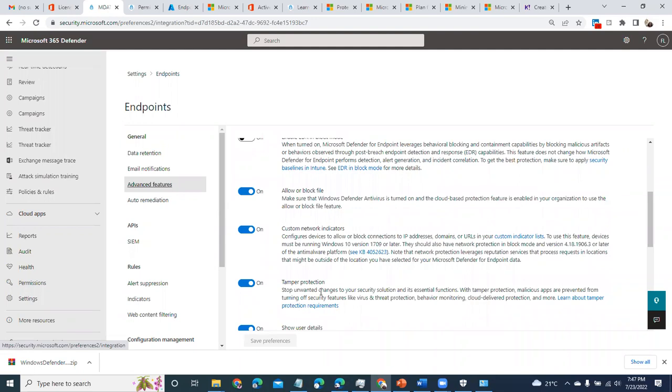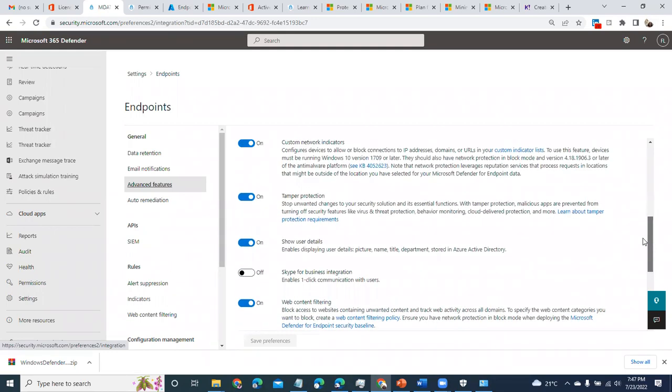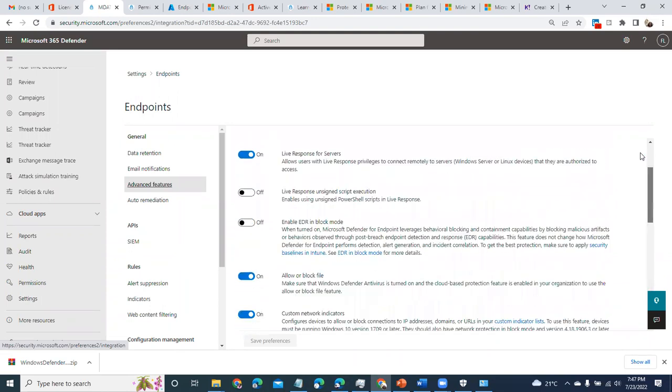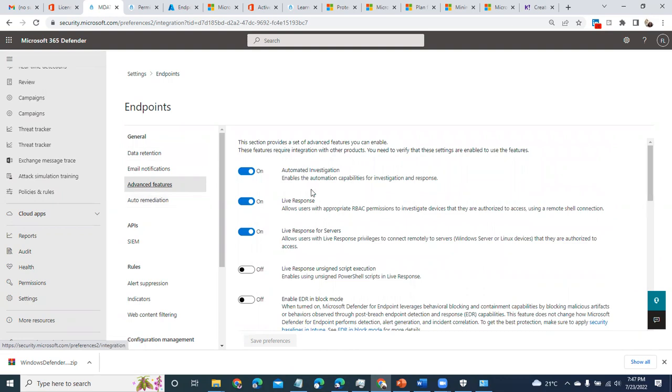In the early days of my career, I used to fight with lots of administrators who would just go and turn off the antivirus because they thought it was disturbing them or blocking an application. And then lo and behold, in the night there would be an attack or an incident. Because the antivirus was not turned on, the malicious script would run easily, and the antivirus would not be able to prevent it. So it's very important you come to advanced features and turn these functionalities on.